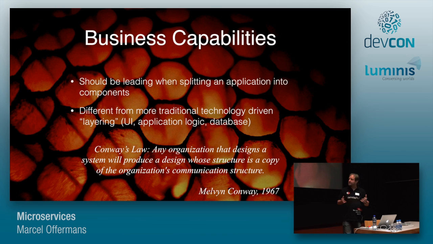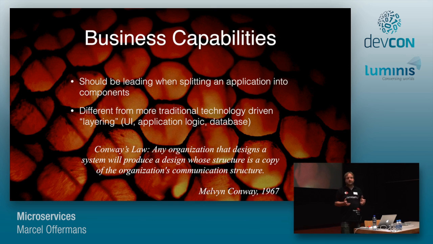And what's interesting in this context is that there's a law called Conway's Law, and I'll read it out loud. It says that any organization that designs a system will produce a design whose structure is a copy of the organization's communication structure. And if you look at your own company, you might see some parallels. The way the company is organized usually reflects the way you build your software. Do you have separate database and application and front-end teams? Then you usually end up with those components in your architecture as well.